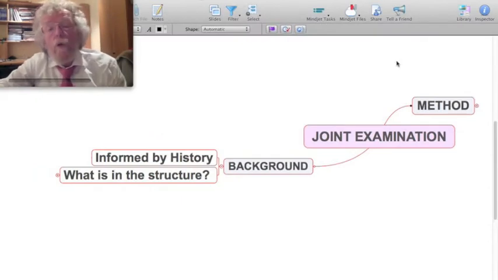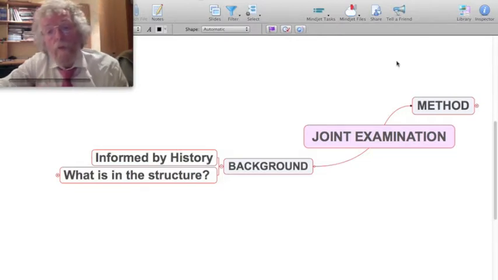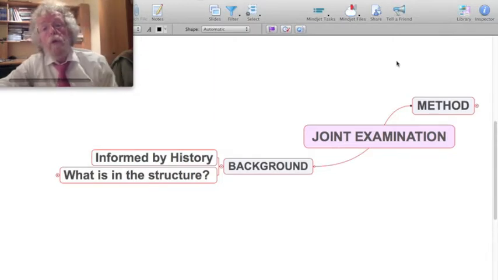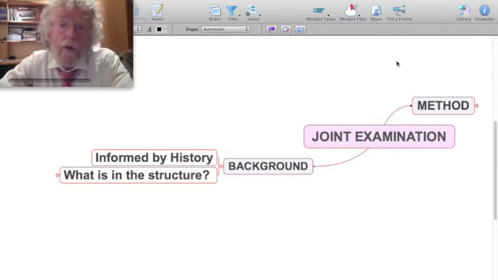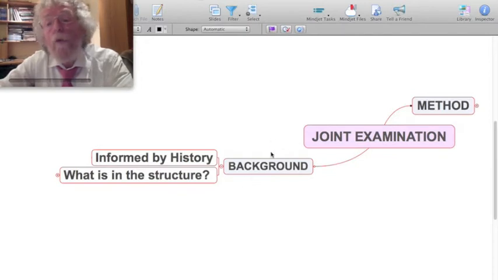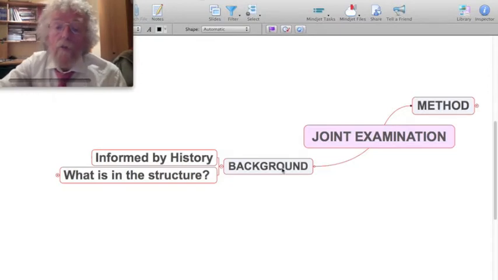Some of you have asked me to talk about joint examination, so these remarks are by way of an introduction to joint examination, to give some ideas, some thoughts on how one might approach this particular aspect of assessing a patient with arthritis. There are two parts. One is fairly simple, the method we use to examine joints. But before we go to that, I want to give you some background considerations and ideas that might be useful